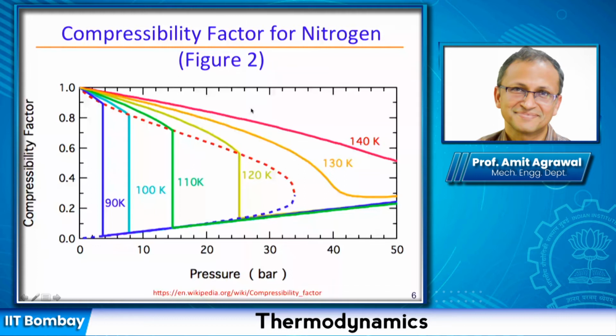And of course you can see that all these curves are again starting from unity, just like we have said that at low pressures the compressibility factor is 1. Otherwise you can see that there is a substantial deviation of the compressibility factor in this region. For example, at 140 Kelvin, at 40 bar pressure, the compressibility factor that I would get would be something like 0.6 to 0.7. So it is deviating by 30 to 40%, which is a large deviation. Therefore, you cannot expect to apply the ideal gas law for these conditions.